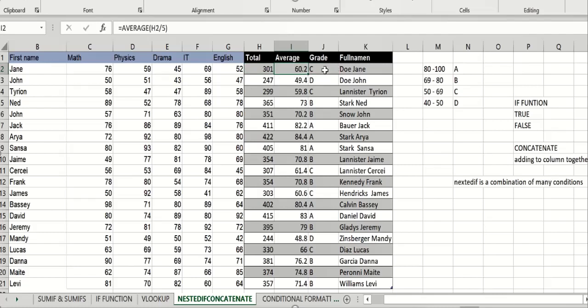But here now we want to find the grade. So we grade 80 to 100 to be A, 69 to 80 to B, 50 to 69 C, and the 40 to 50 D. So if we are looking at the average to grade, so now the average here is a